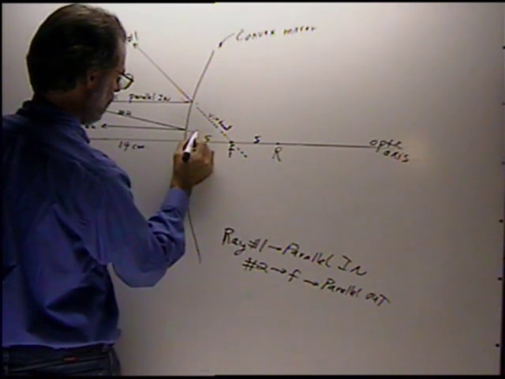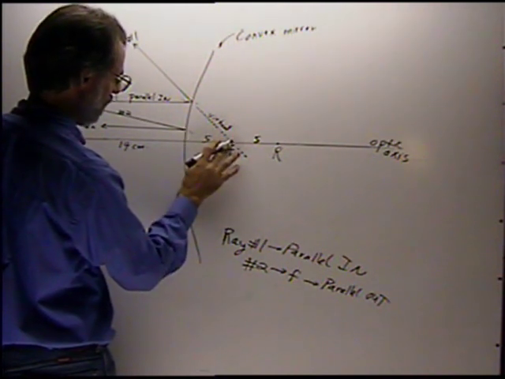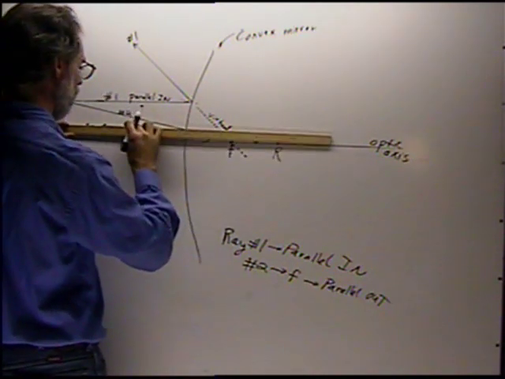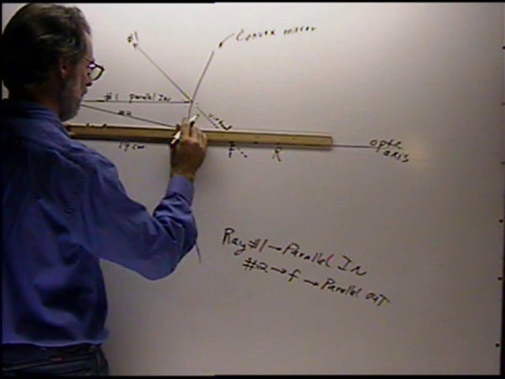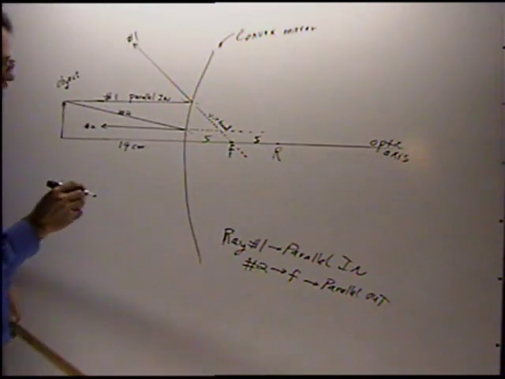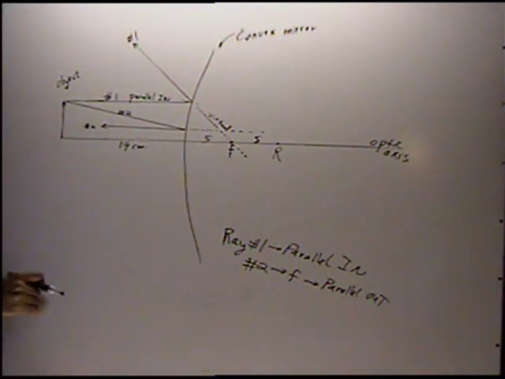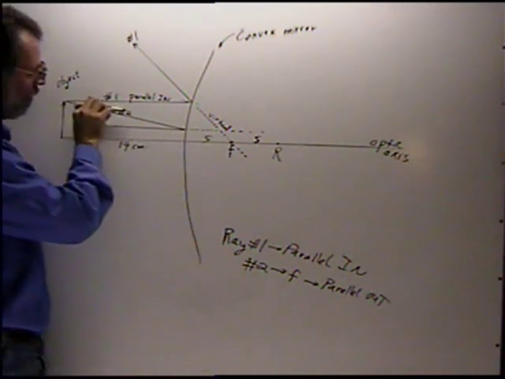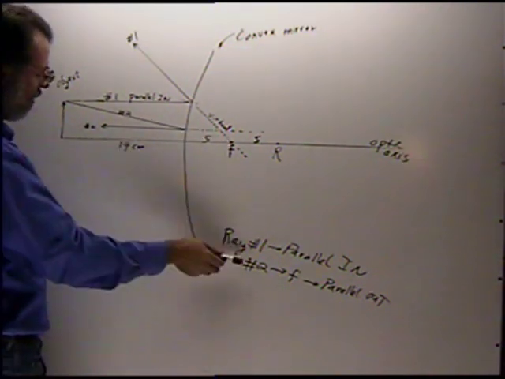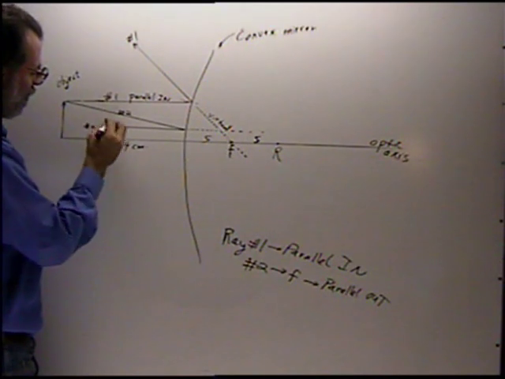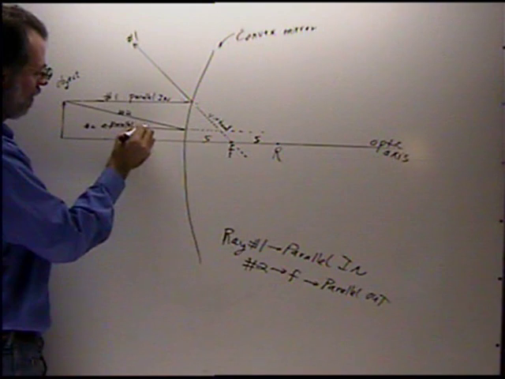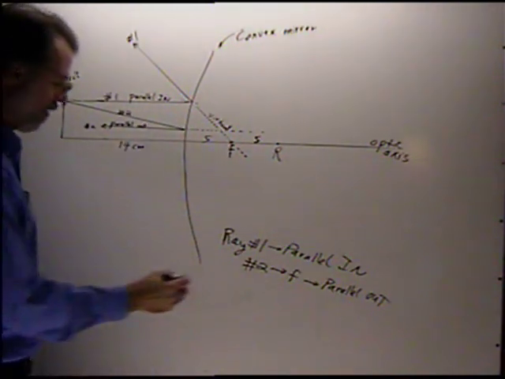So this appears like it went to the focal point, but it's actually coming parallel out. And notice, if I draw the virtual ray going back, it would come back like that. Okay? So we draw it as if it's going through the focal point, but it bounces back parallel out. So it has to be ray number 2 is parallel out. Okay? Ray number 3